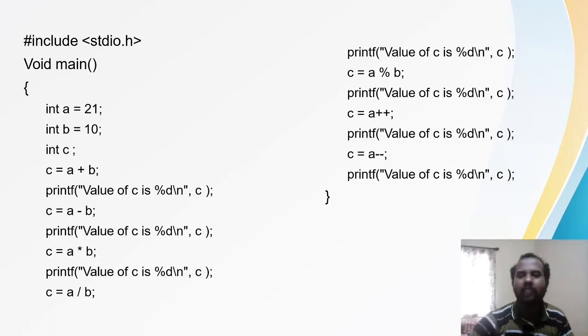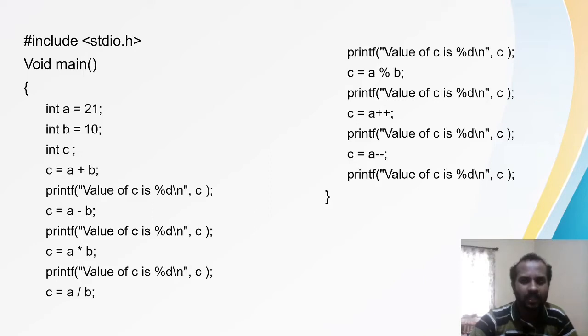Then I want to print the result. So I am going to use the printf function. Printf, what is the format of the printf? Printf, then control string followed by the argument, right? So here in the control string, what are the values it can have, or what are the things it can have?